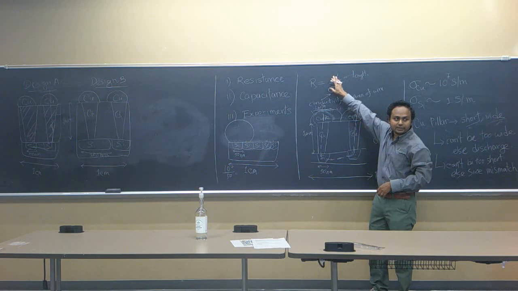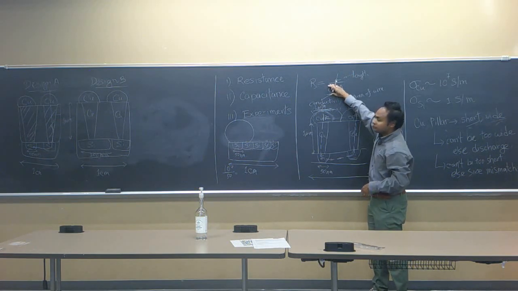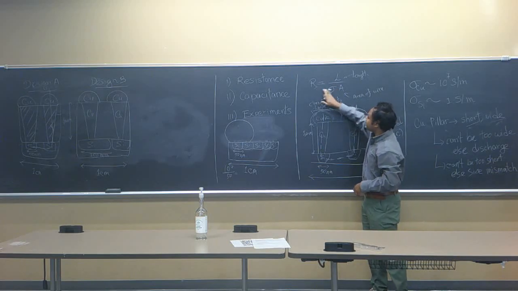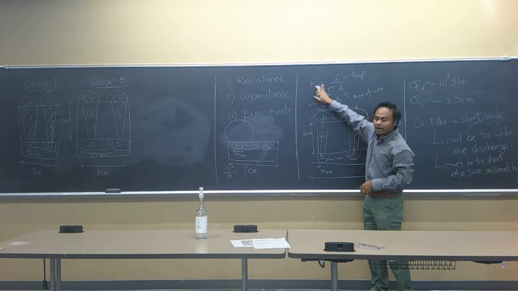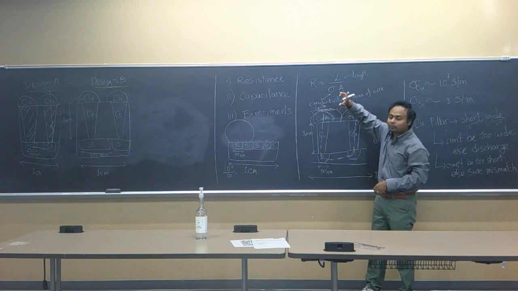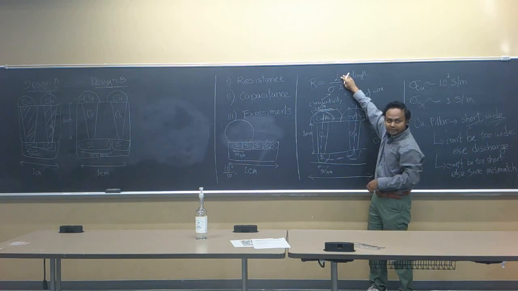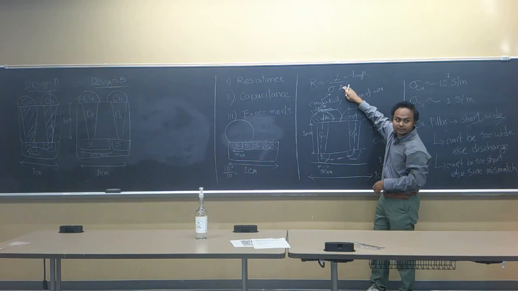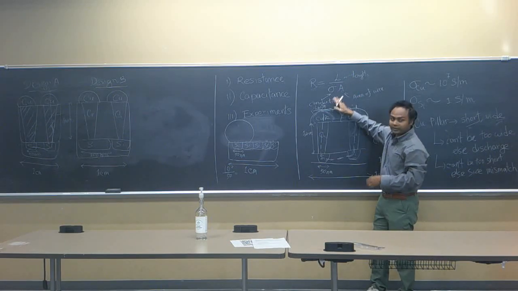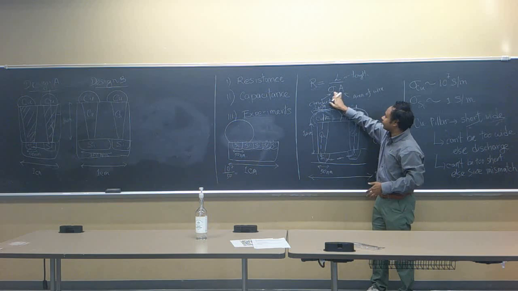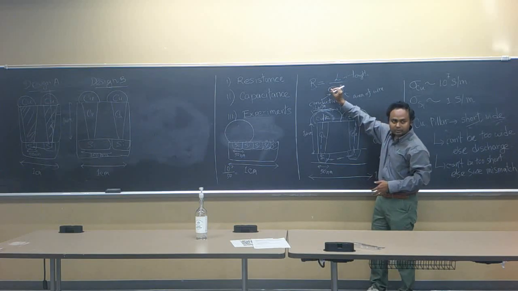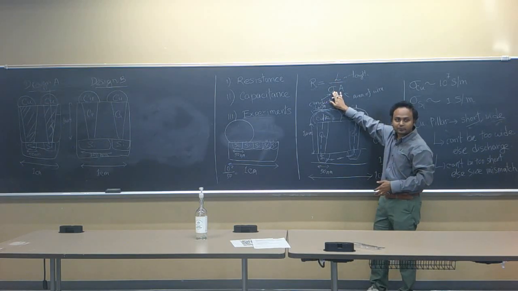Do you see the point here? If your conductivity is very small, then the resistance is going to go up for sure, right? Now how are you going to reduce resistance? You have two more parameters in your hand. One is your length, the other is your area. So if you make the area very wide, it can cover up for the conductivity. If you make your length very short, it can also cover up for your conductivity.